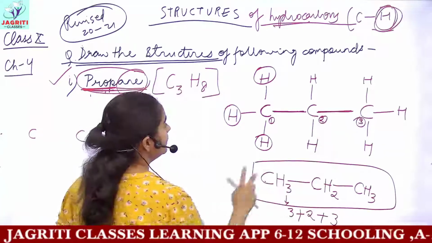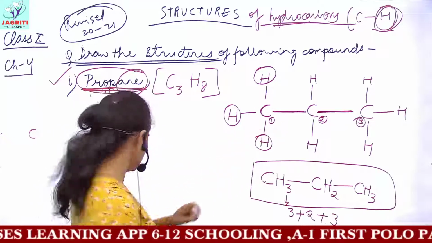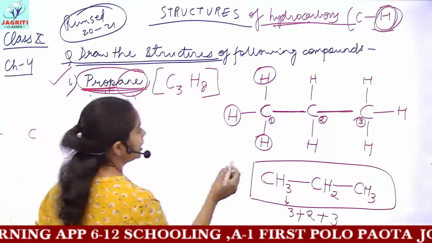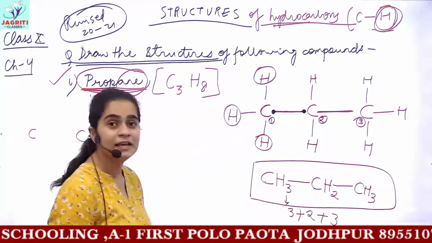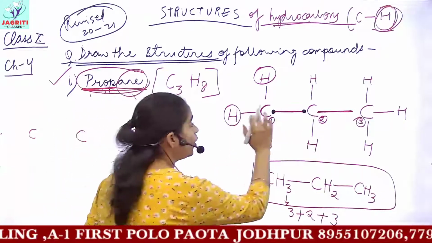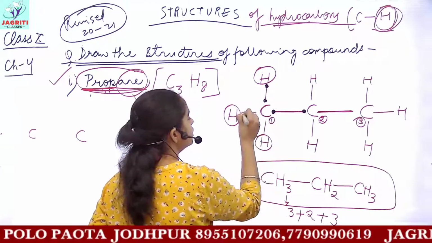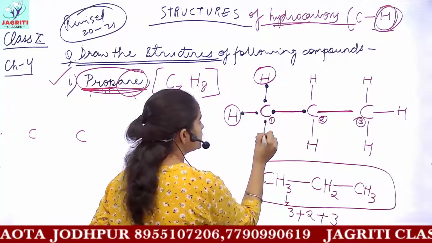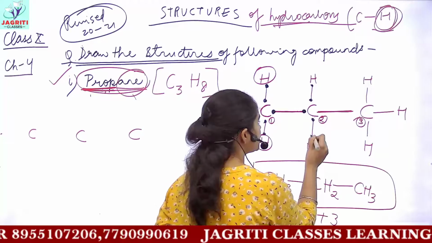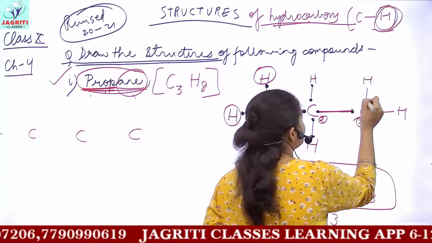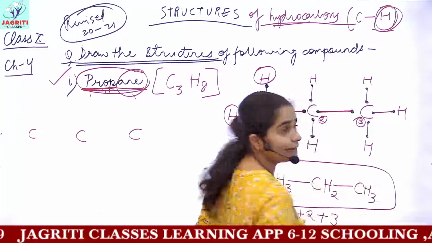Whatever structure you are asked, you draw this structure first. Then you make that in this bond, how many electrons are shared? I told you, if a single bond is formed, then the number of electrons shared is 2. That is, 1 electron of this carbon and 1 electron of the second carbon are shared and the bond is made. Similarly, each bond signifies 2 electrons, so make 2 electrons with each bond. This method is a systematic approach and quite favorable. The chances of mistakes would be very less compared to drawing the electron dot structure directly.